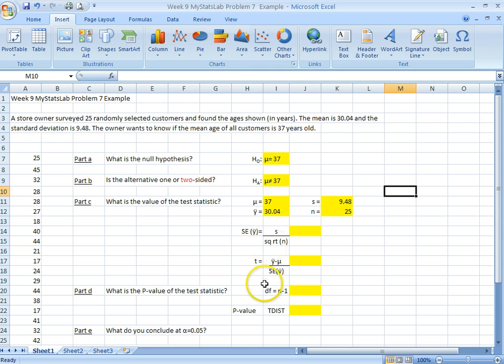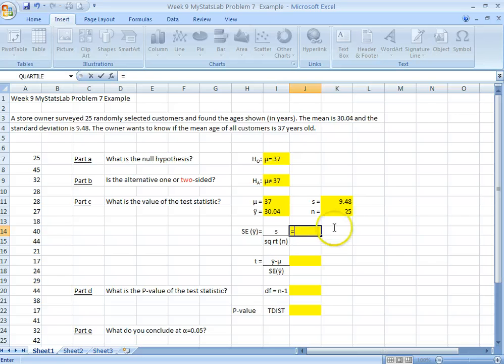So let's go ahead and do that and get that part out of the way. So we can make our formula equals, and we're going to take our standard deviation here and divide it by, and again we can use the square root within Excel, so I can start typing square root. There it is. I'll double click on it and it asks me to put the number in there. That number is 25. We'll close that parentheses and hit enter, and there is our standard error,